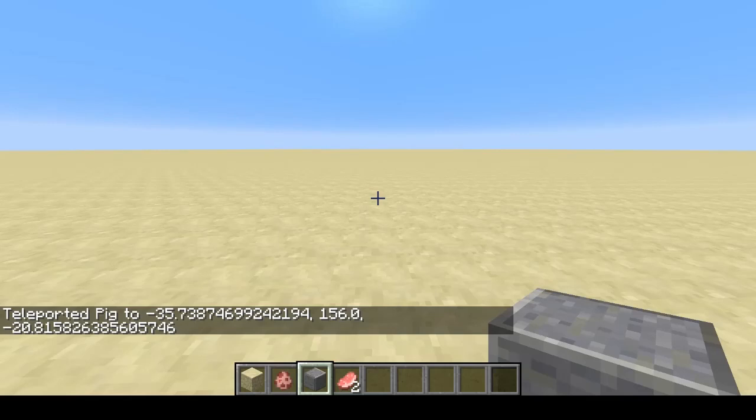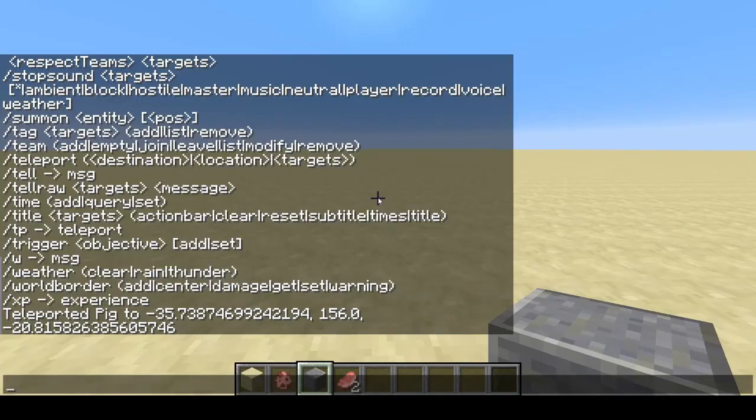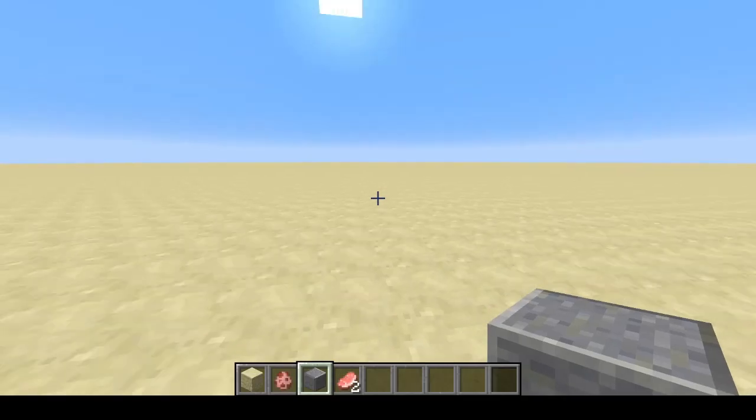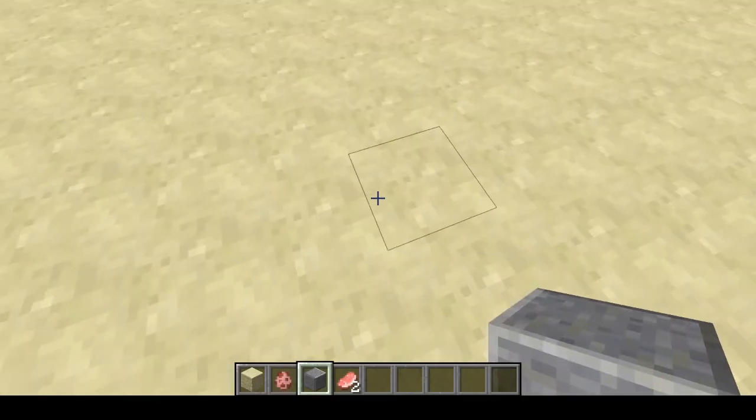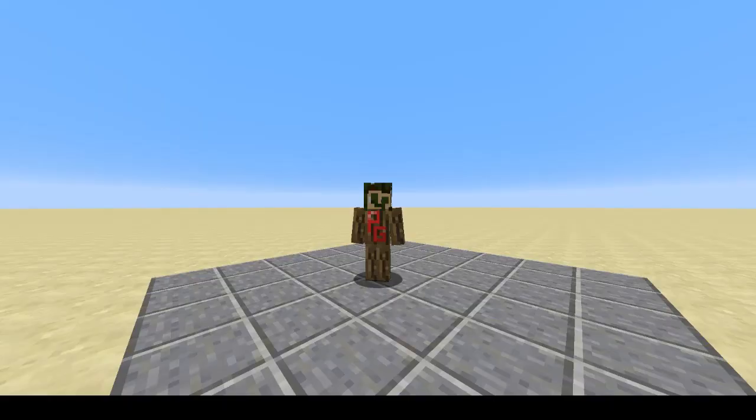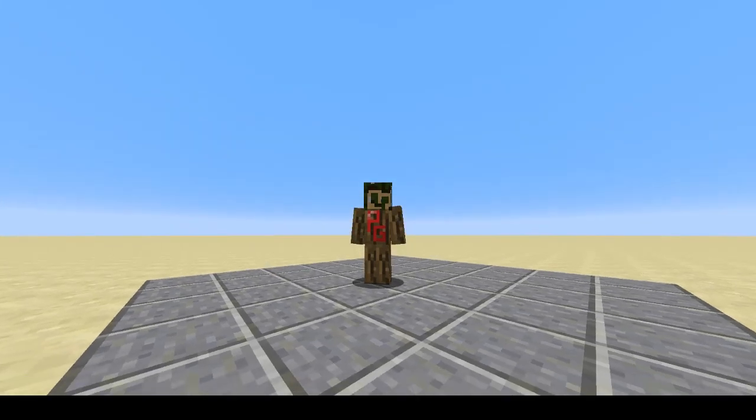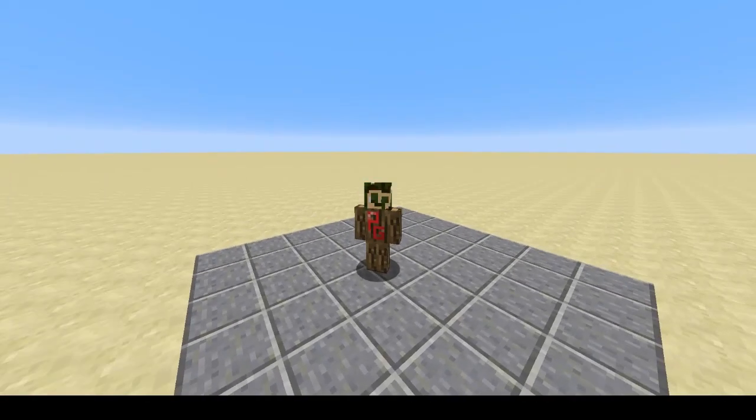So, what did I just do? I modified that pig's position to teleport it 100 blocks in the air, which then made it fall down. So I took the argument and I told it how I wanted to modify that data. Now that you know that a command is how you interact with the world on a high level, and an argument decides how that command interacts with the world itself,